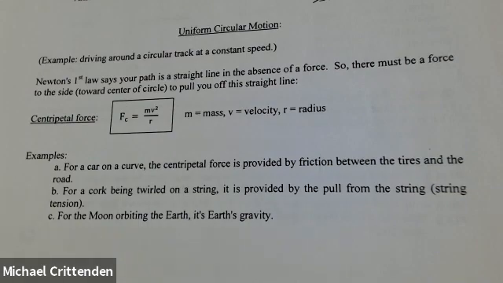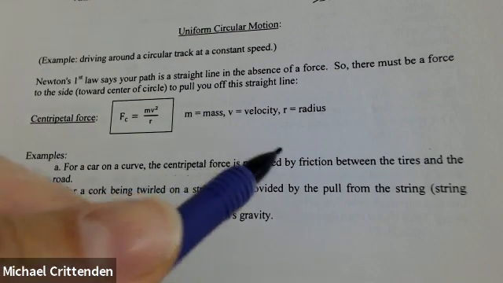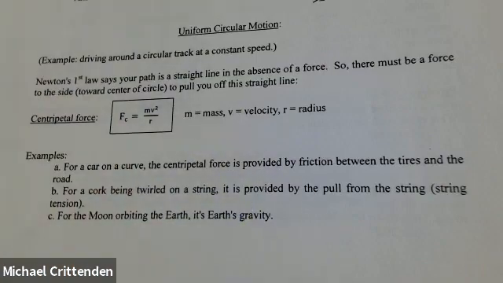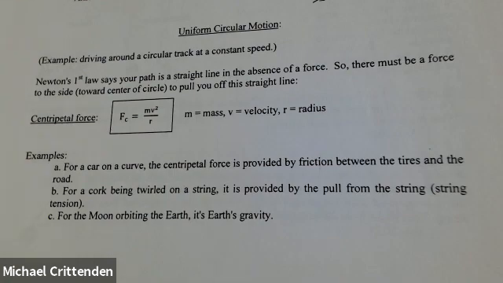A few examples, most of which I've already talked about. For a car on a curve, the centripetal force is provided by the friction. You get a friction force pointing toward the center of the curve. When we do the lab for this, lab 5, part of the lab is an object on a ramp like I was just talking about, but the other part is you just got a rubber stopper tied to the end